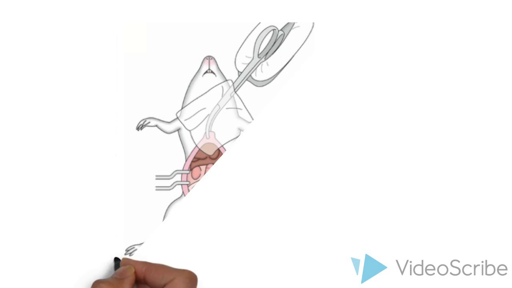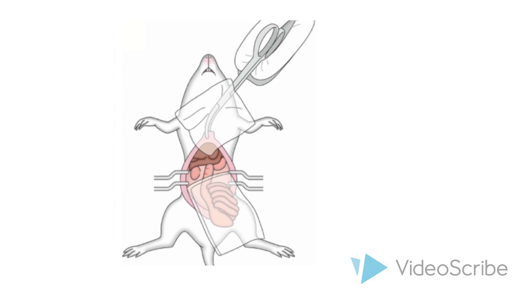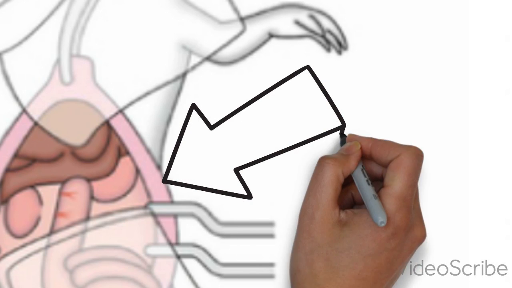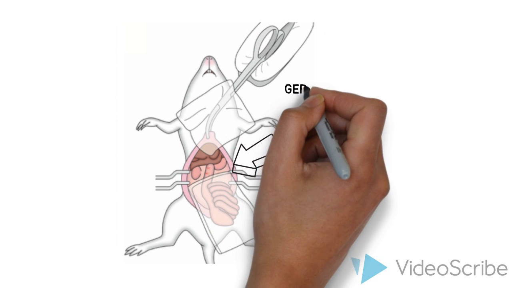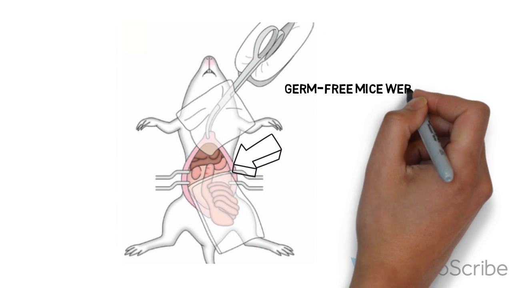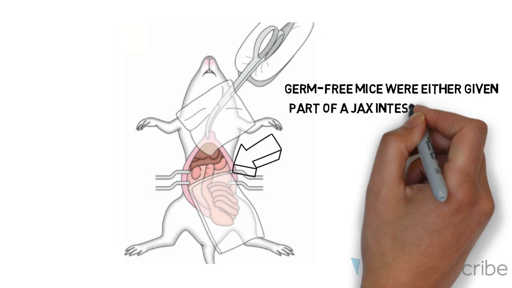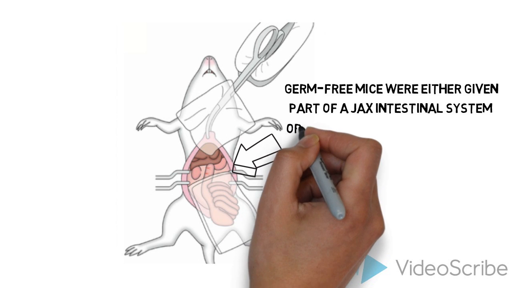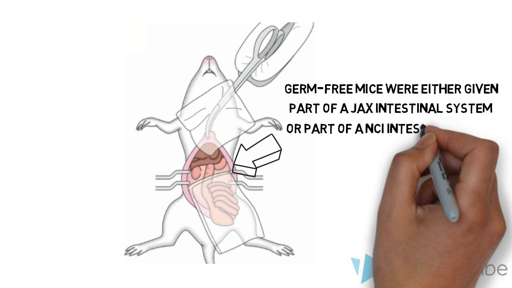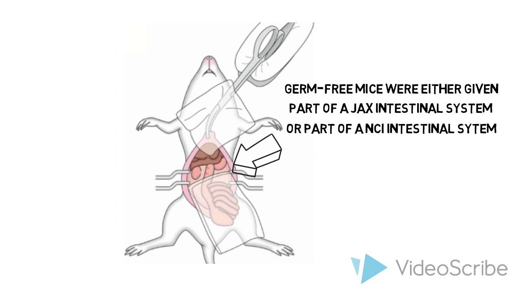In order for Villarino and his fellow researchers to assure that the variants of microbial community could be associated with the development of malaria, they transplanted part of the intestinal system of germ-free, genetically identical mice with the intestinal system of JAX or NCI. After confirming that the transplant altered the microbiome of the germ-free mice to match that of JAX and NCI mice,